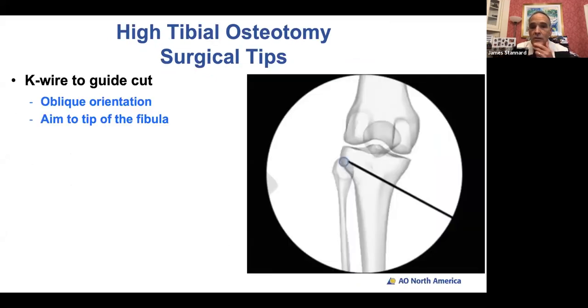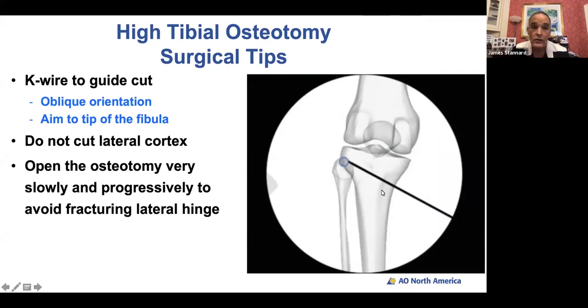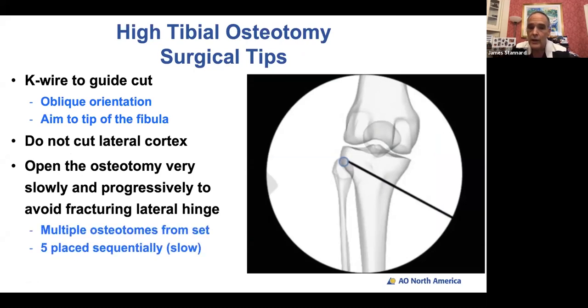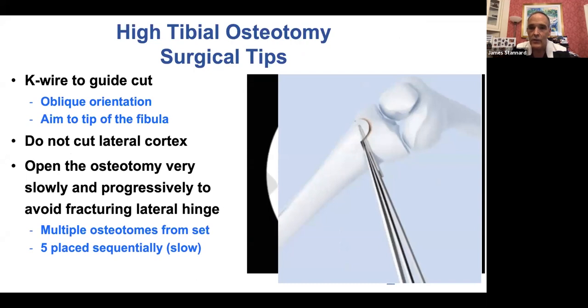Finally, I went to some surgical tips, and just a couple to remind you of is that you want to have an oblique orientation of your K-wire right to the tip of the head of the femur. Don't cut the lateral cortex. Open it very slowly and progressively. There are multiple osteotomes in the set that's designed for this that you can get that has the Tomofix plates as well. So if you sequentially place the 5 one after another, it slowly will open it up,